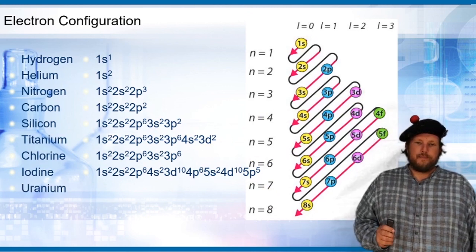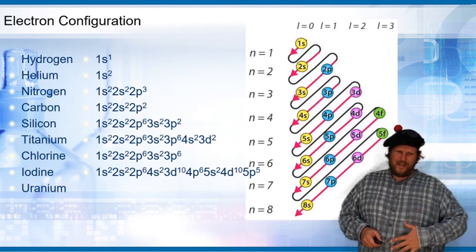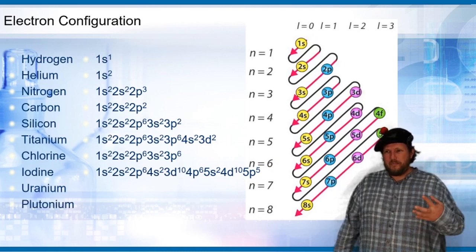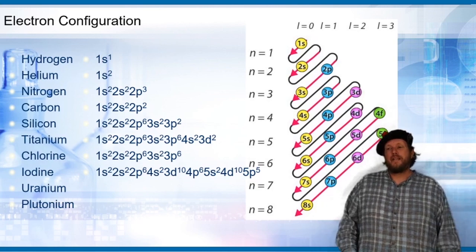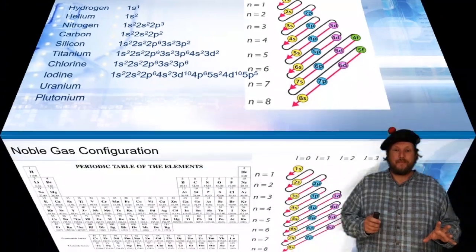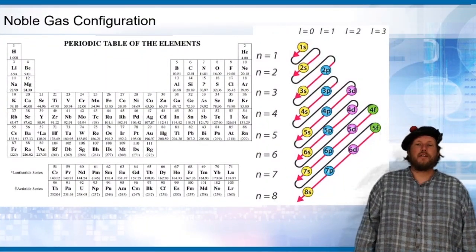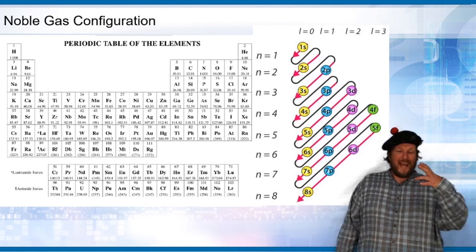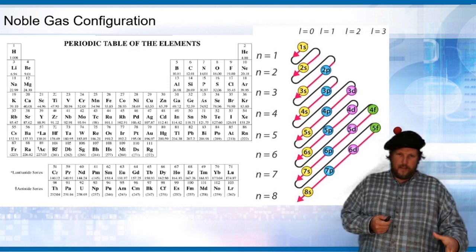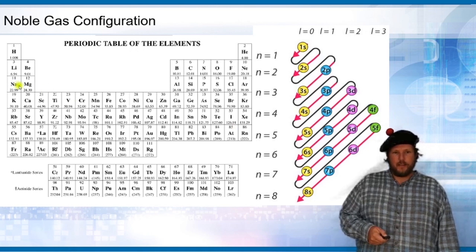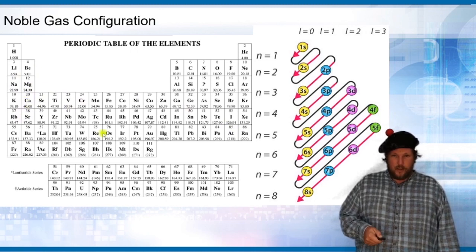What about uranium? It's way down there, has a huge number of electrons. What about plutonium? There's got to be an easier way to do this. And there is. There's something called the noble gas configuration. What you do is you take the element that you have and you look at the noble gas before it. So if we look at something like calcium, calcium has 20 electrons, but the noble gas before it,